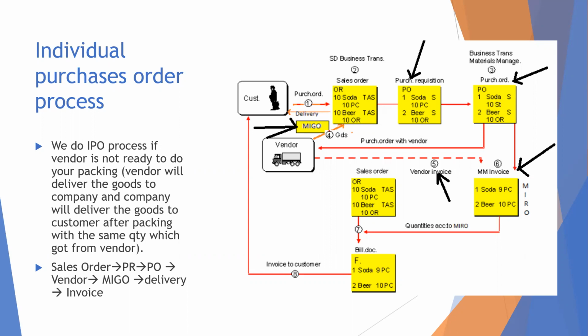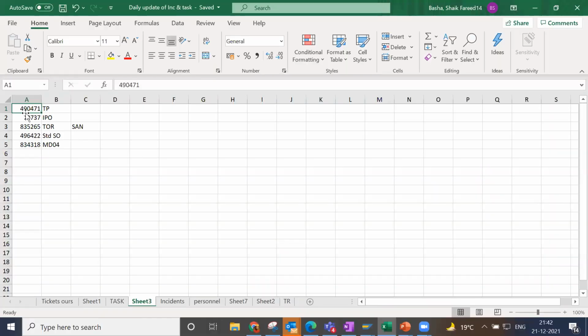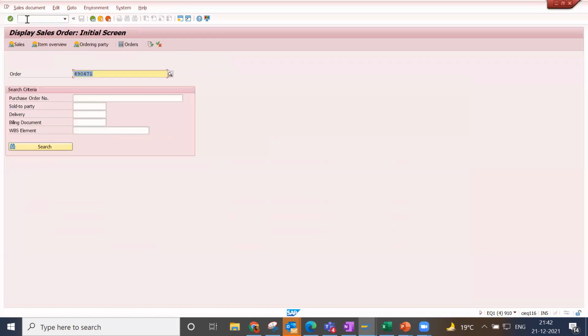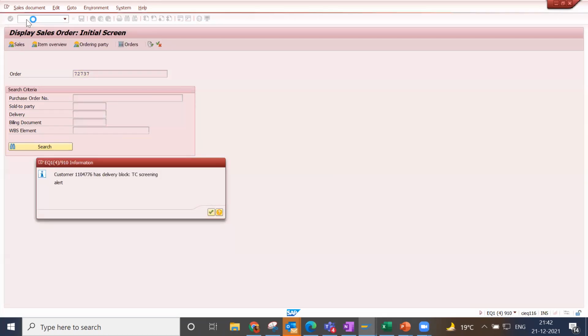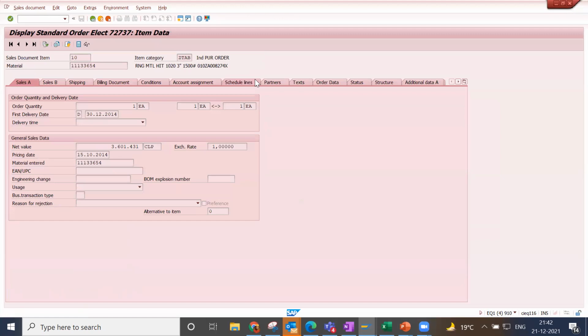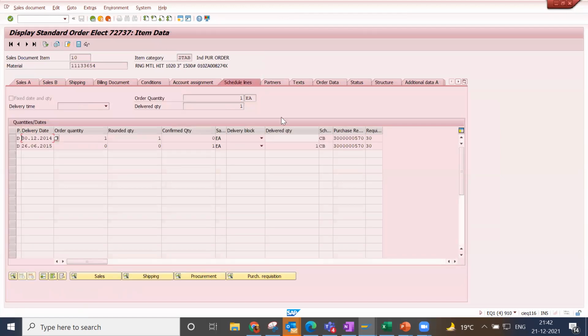So I will show you the IPO process in SAP directly. This is the sale order. So you can see here the PR is generated.